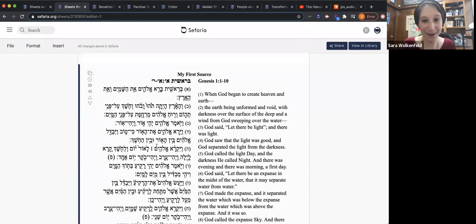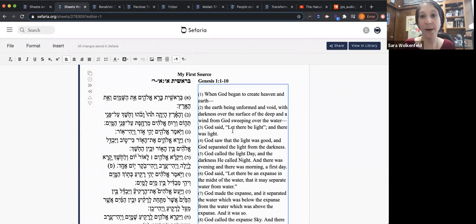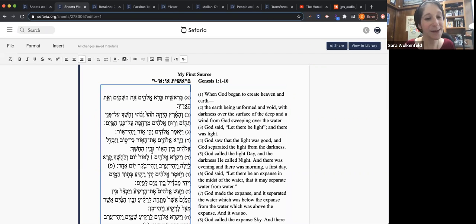Of course, once you click on a text in your sheet, it's also editable. And that's a really important distinction between looking at a text in the library and looking at it on a sheet. On a sheet, it is something that you can change. So when people tell me, I really want to use Sefaria, but I don't love the translation, there are some words that I would change, great, go ahead, put it on your source sheet and change it. Anytime you see the blue box around the source, that means that you can type and you can change it and do what you want to do with it.